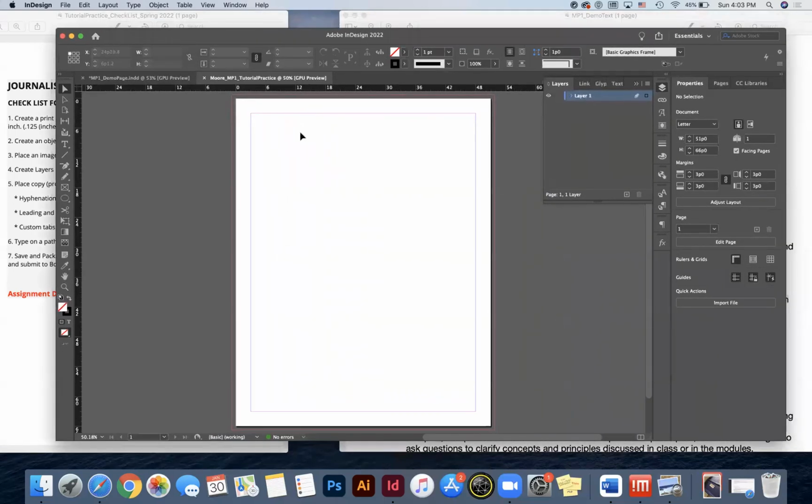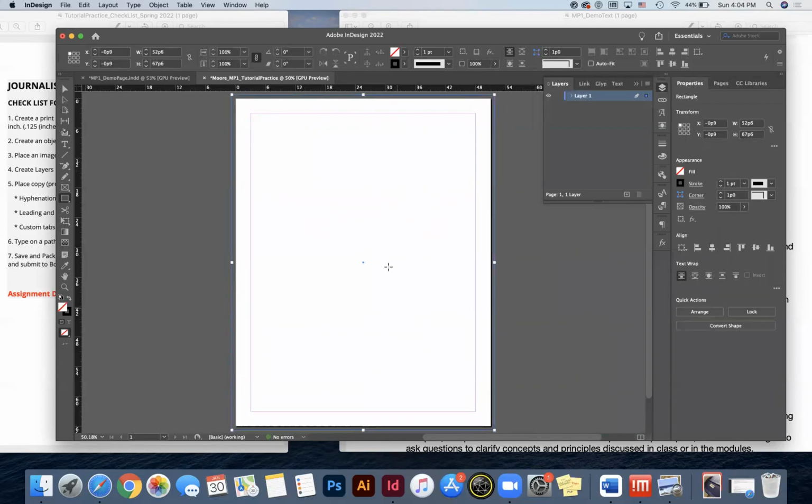So I'm going to go over here to my object tool. It has a little arrow here, which means there are more tools in this little shape box. When I click and hold, it'll pull it up. I've got a polygon tool, ellipse, and a rectangle. I just need the rectangle tool for a background. And I'm going to go ahead and set it to these outside bleed margins,